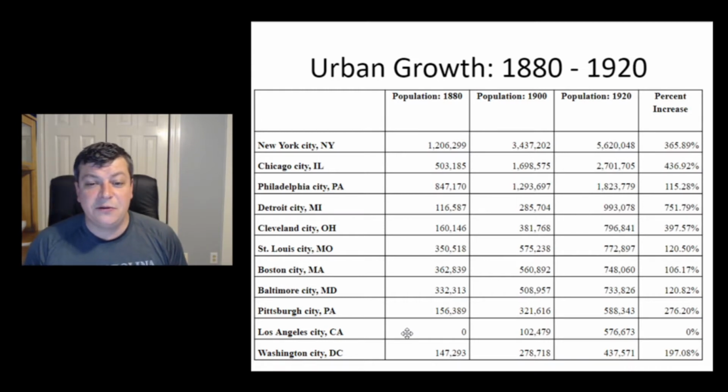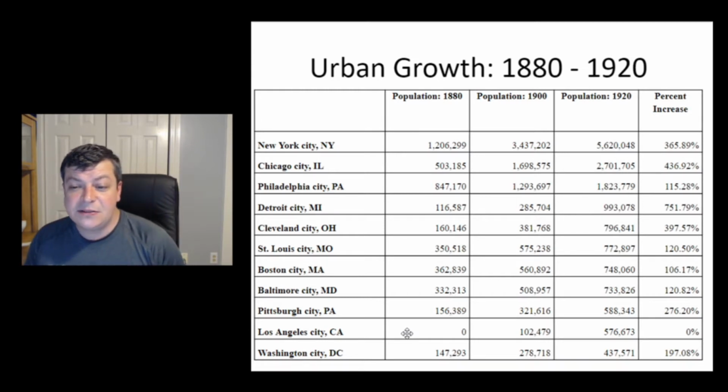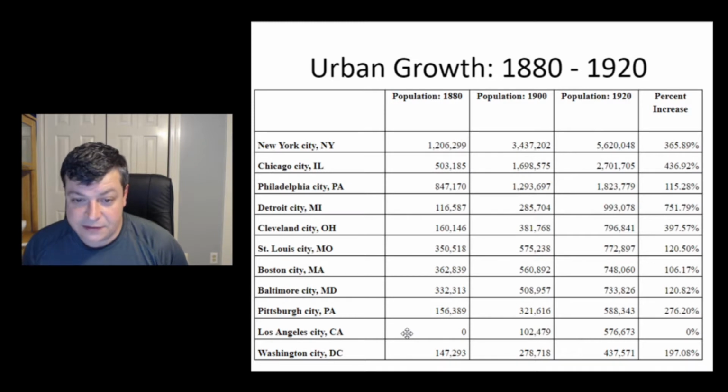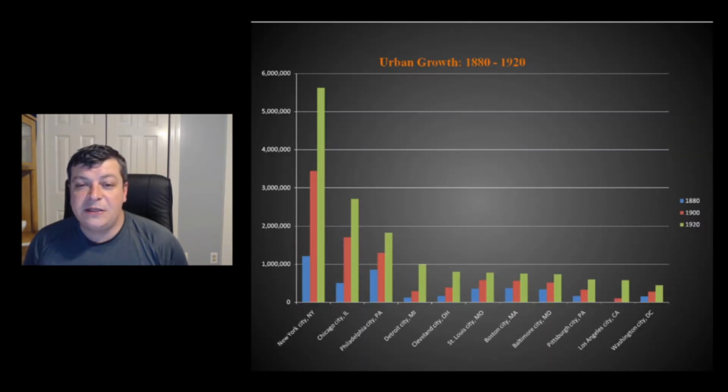But you also see some other things emergent. The city of Baltimore, a port city, grew significantly during this time. You get cities now on the western coast, and more and more cities start to pop up throughout the South, from Atlanta to St. Louis. Looking at the chart tells us about how fast the population was growing at this time and the pressures that this would place on society.